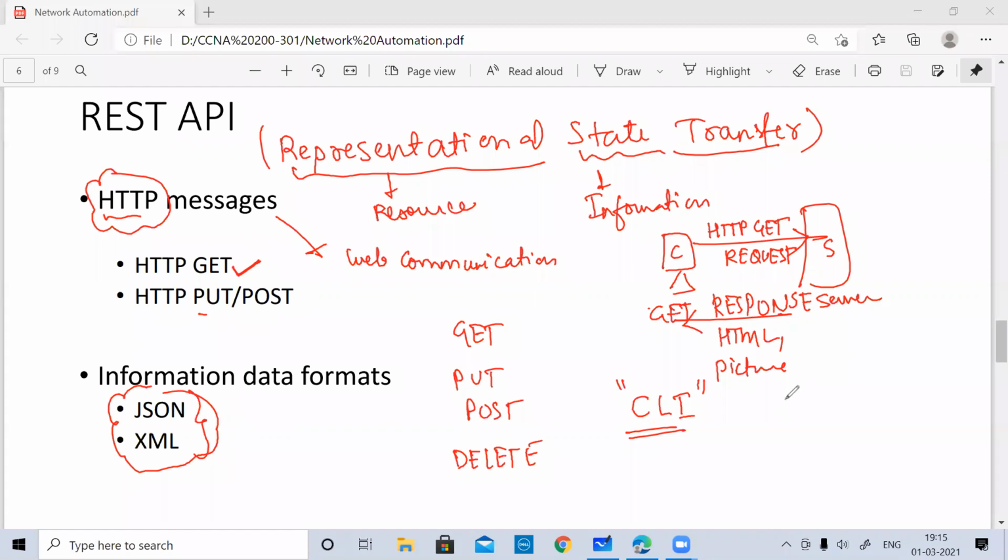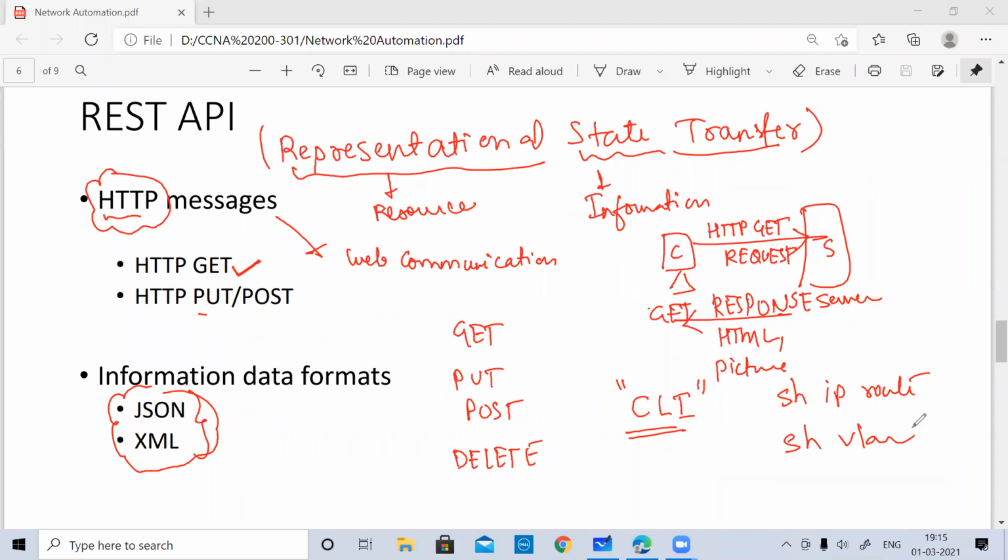When you write show IP route or show VLAN information, the format it uses is very different. It is not the same format, and the format it uses is understandable for us as human beings.